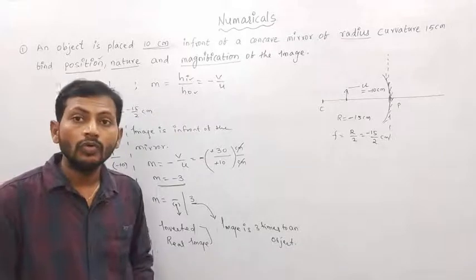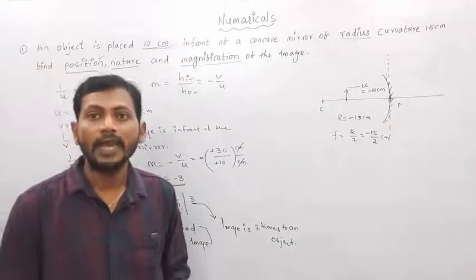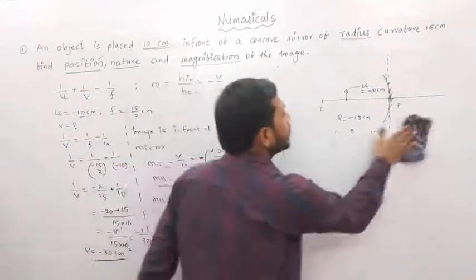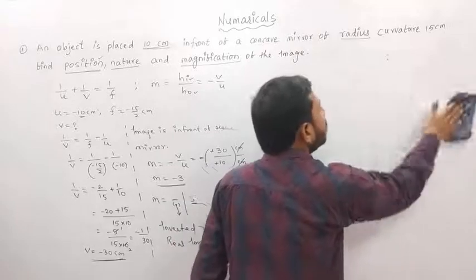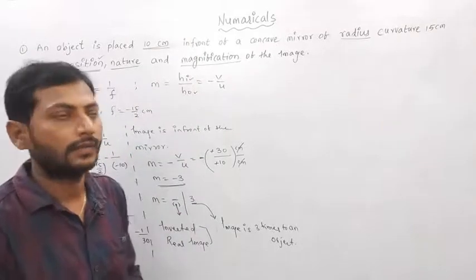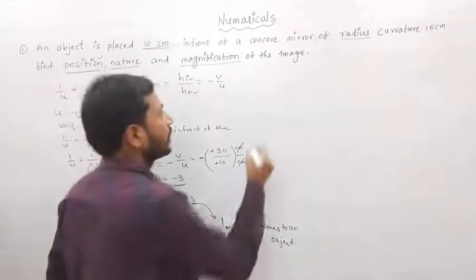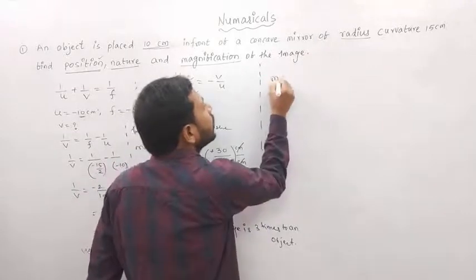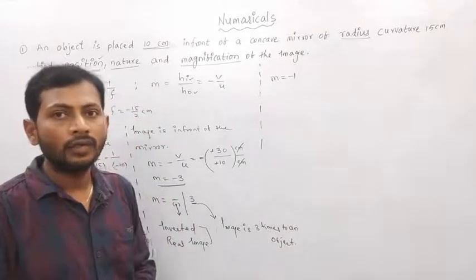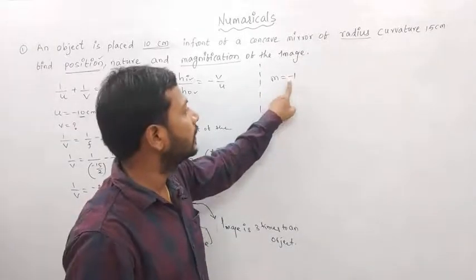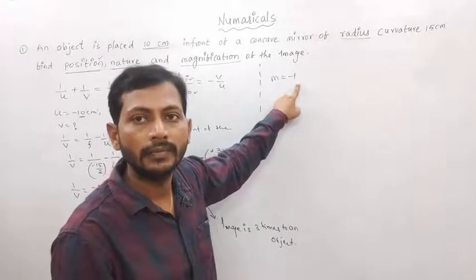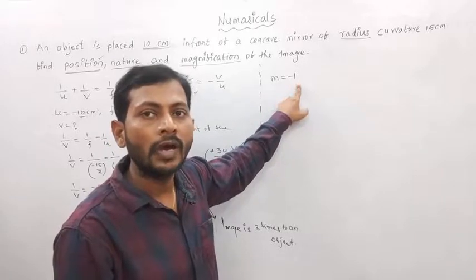But now, as I told you, we need to discuss much more about magnification. Just observe here. I am going to write some magnification values, explain them, and discuss when they are applicable. For example, I wrote m equals minus 1. What is the meaning? You told me that m equals minus 1 means minus is the real image, and 1 means the size of the image and the size of the object are both the same. Very good. I am going to ask you a question.